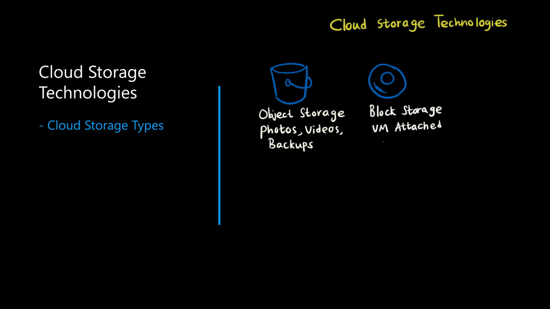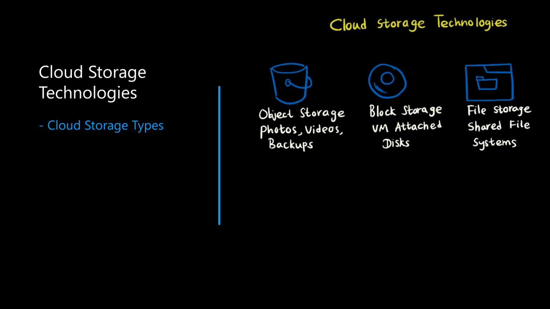Block storage provides raw block-level storage that can be attached to virtual machines, similar to traditional SAN storage. File storage provides shared file systems accessible by multiple systems simultaneously. Content delivery networks cache frequently accessed content at edge locations close to users, dramatically improving performance for global applications. Each storage type has specific use cases, performance characteristics, and pricing models that you need to understand for both real-world